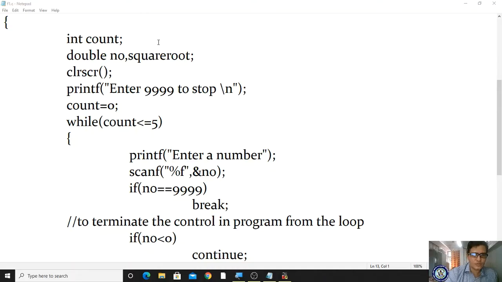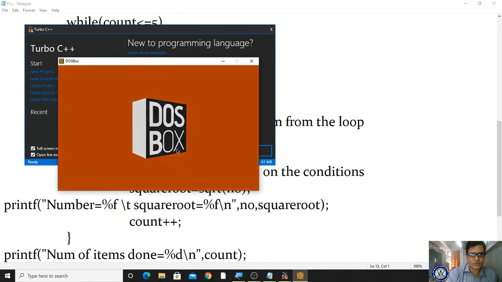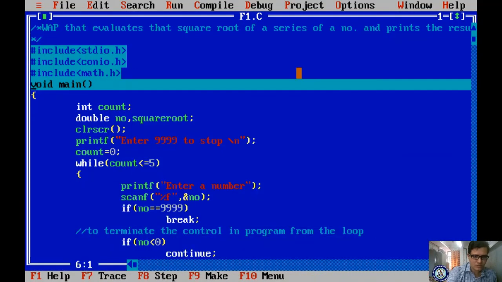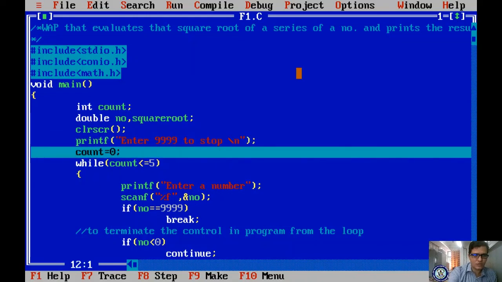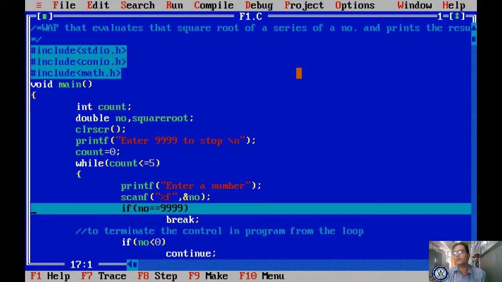No problem, you just understand. Whenever you enter the number, it has to check this condition. Let me run this program by compiling our f1.c. Let me press F7. So it comes here, here, here. It asks for the number, ampersand number. Yes, we have declared it as a float, right? So we are supposed to enter 9999.00. If you give that, it will be terminated. So likewise we can evaluate our program. Hope you understand this concept.